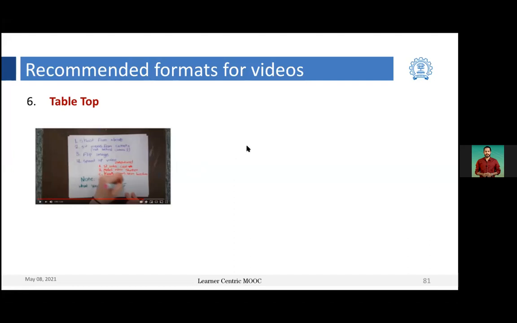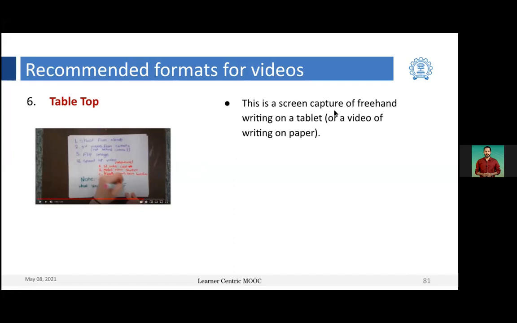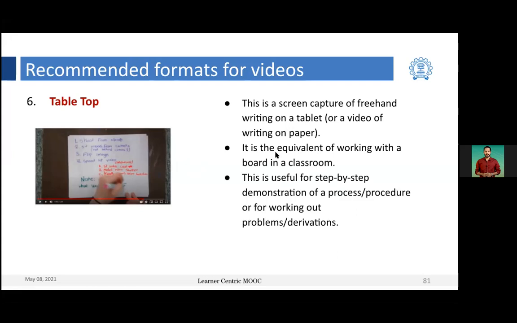Basically, as you can see, this is a screen capture of freehand writing on a tablet or a table, or writing on a paper, and it is the same as working with a board in the classroom. This is useful for demonstration of step-by-step processes or procedures, or solving problems and derivations or something like that. So this is really important in those situations.